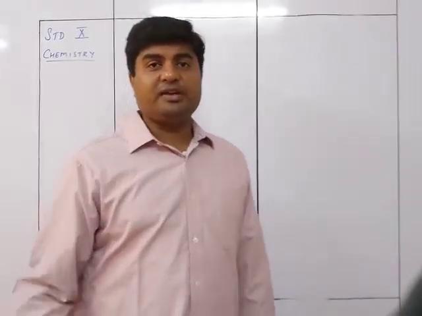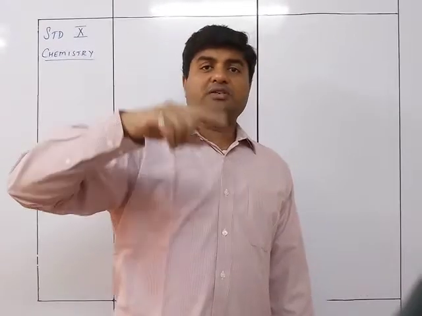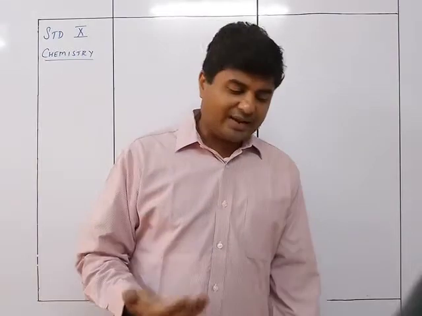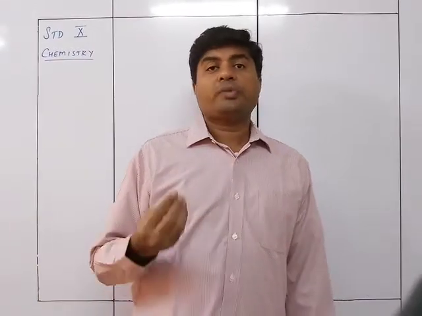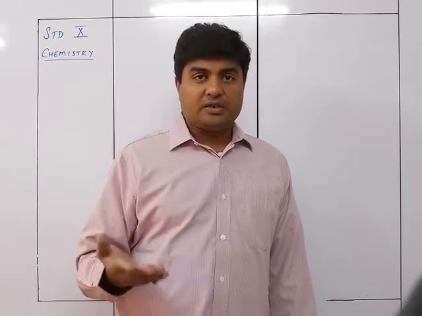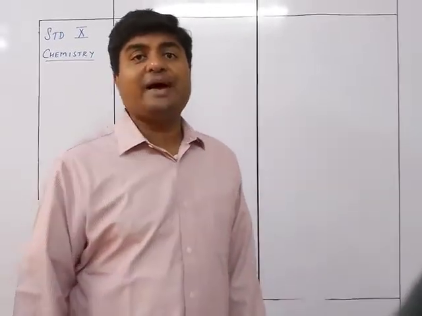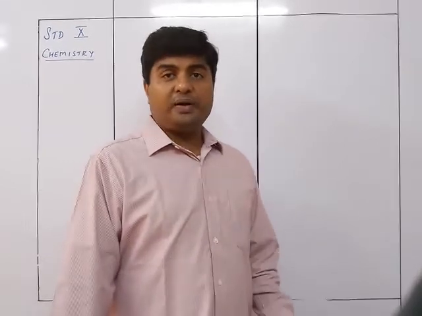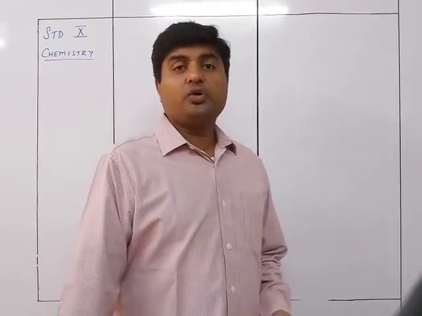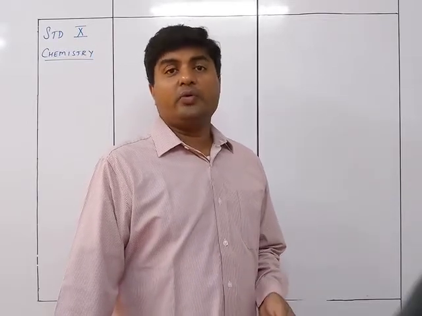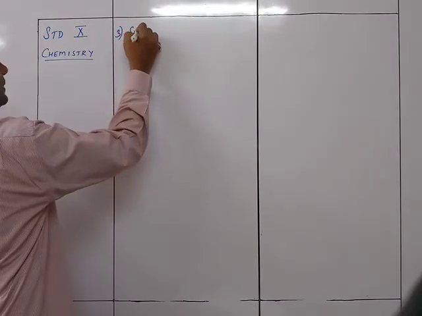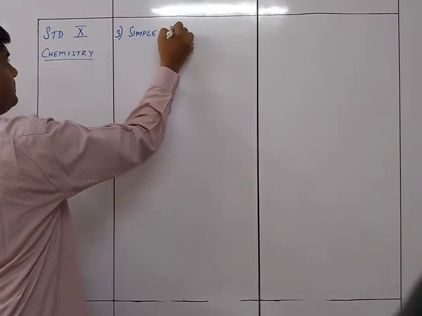So as per the reactivity series, what is going to happen? Anything which is above hydrogen can replace hydrogen from the acid. So that is exactly what we are going to use: acid plus active metals give me salt plus hydrogen gas. This property of the acid, that when it reacts with active metals it gives salt plus hydrogen gas, is what we are using as the third method, that is simple displacement method.